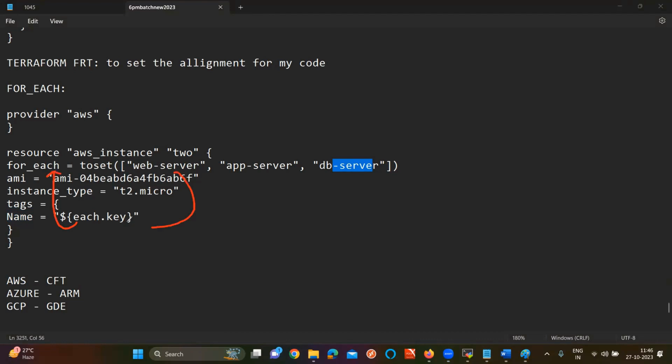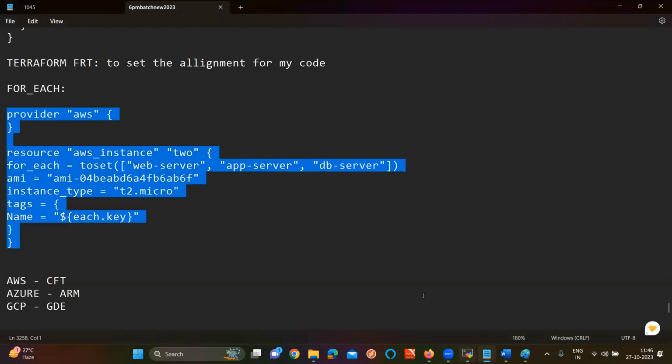What is the first value? For my first server, the name is going to be web server. Second server, the name is going to be, third server, the name is going to be. That means generally, if you want to give different names like this, we need not create 3 different servers. Write only one block, use the loops concept, and automatically it will give names for 3 different servers.